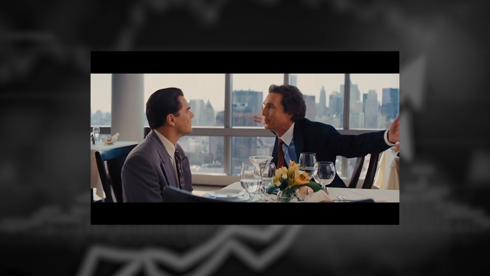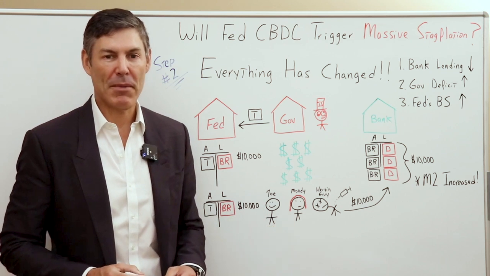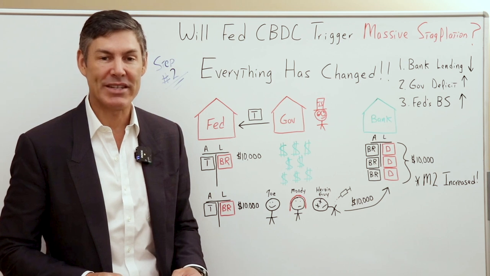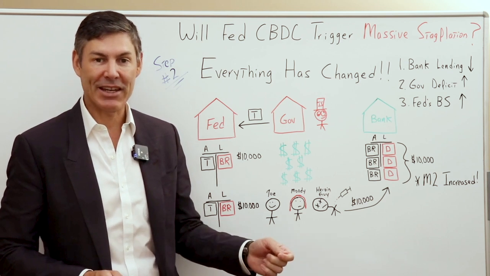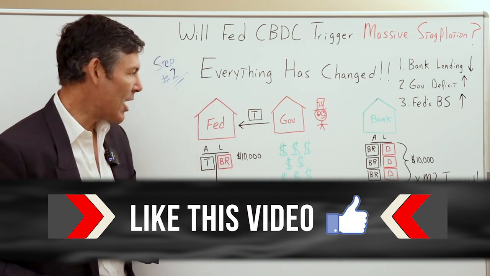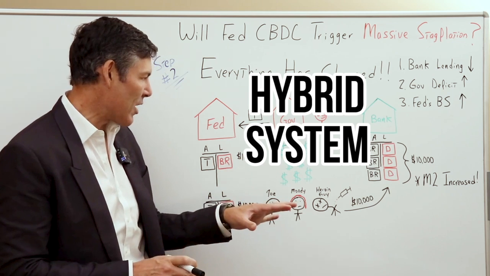It's not real. So this begs the question, how on earth did we have the amount of dollars in the system go up to that degree while bank lending went down, if bank lending is the way dollars are created in the first place? This is how it happened. And this is why I'm calling it a kind of a hybrid system we have now.